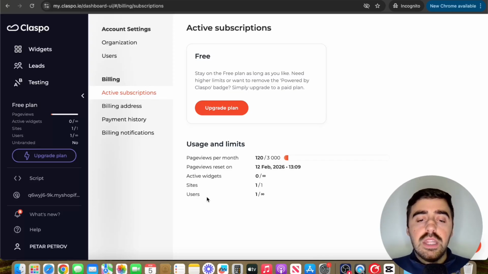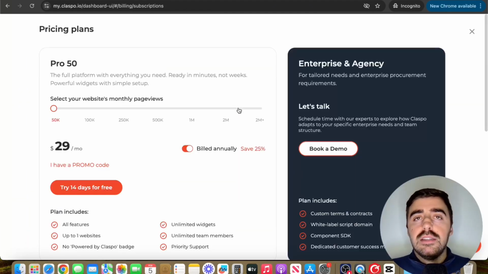So for example, you can have as many users as you want, you can have up to one active website, you can create as many widgets as you want, and then you can get up to 3,000 monthly page views on your widgets on WordPress. Do bear in mind that the free plan also comes with the Powered by Claspo badge, so if you want your pop-up message to be 100% ad free, or if you plan to get more than 3,000 monthly page views on your WordPress website, then go ahead and click on Upgrade Plan right here, which will automatically take you to